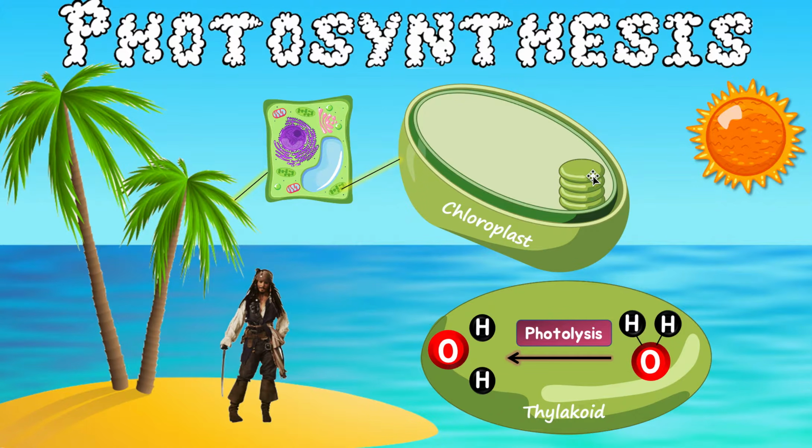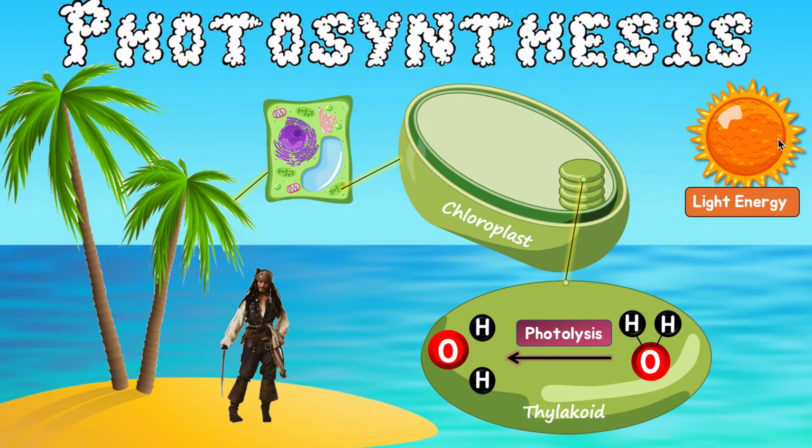Now, thylakoids have a lot of water in them, H2O, right? So oxygen bonded by two hydrogens. Now, how photosynthesis happens is during light, when there's light outside. So during the day, light energy is going to be shined everywhere, right? We experience it as heat. Now, a plant can take in this light energy, specifically the chloroplast, more specifically the thylakoid.